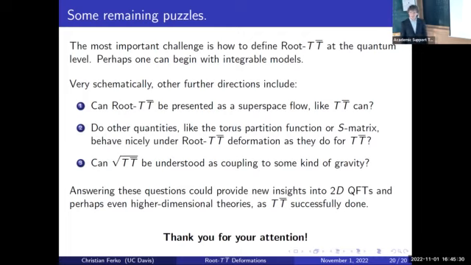Other questions? Yeah. So it seems to me that this root TT̄ deformation is interesting because it maintains integrability and so on. But in your work, you don't care about that, right? So you are not dealing with the TT̄ deformation with some integrable model. So I haven't mentioned that there's a separate talk on Thursday. Okay. So if you don't care about integrability, then why not consider, for example, the third root of TT̄? Right. Yeah. So you can take random combinations of TT̄. So what's the real advantage of this non-local deformation?